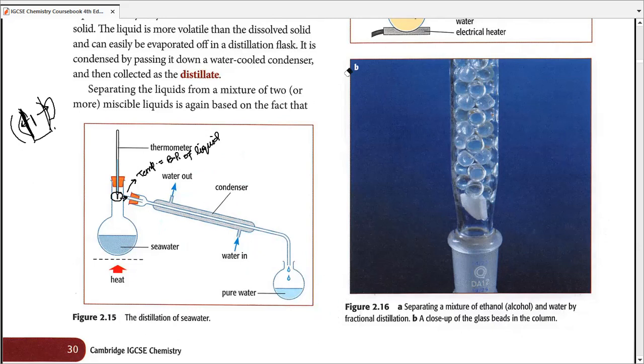Now, the first point that is commonly asked in questions is why the bulb of the thermometer needs to be in front of the mouth of the condenser. Because the temperature we need to note, or the boiling point, should be taken for the vapors that are entering the condenser. We need to note their temperature, not the temperature of this solution, actually the temperature at the point where the vapors are entering the condenser. That's why the bulb of the thermometer